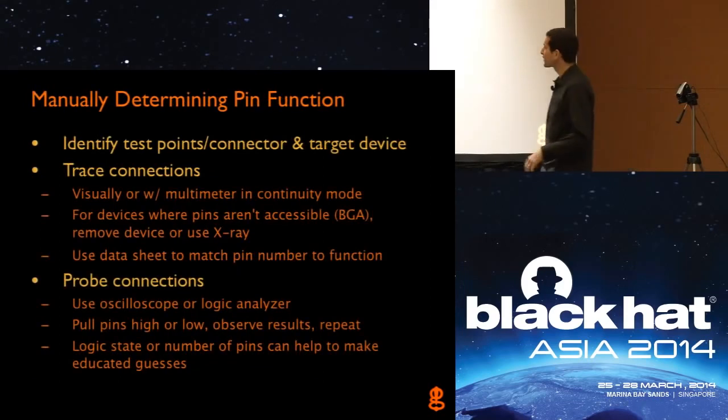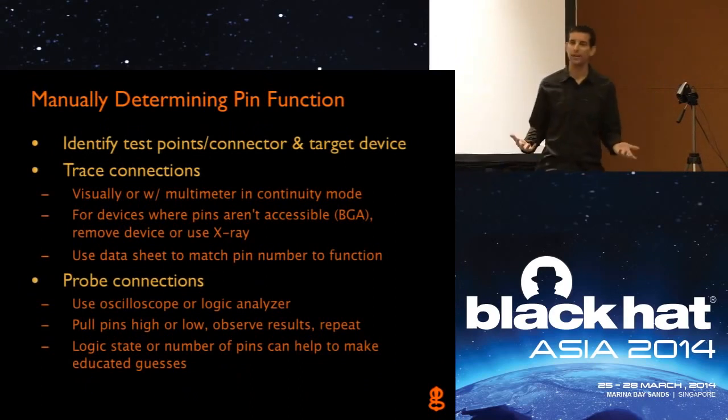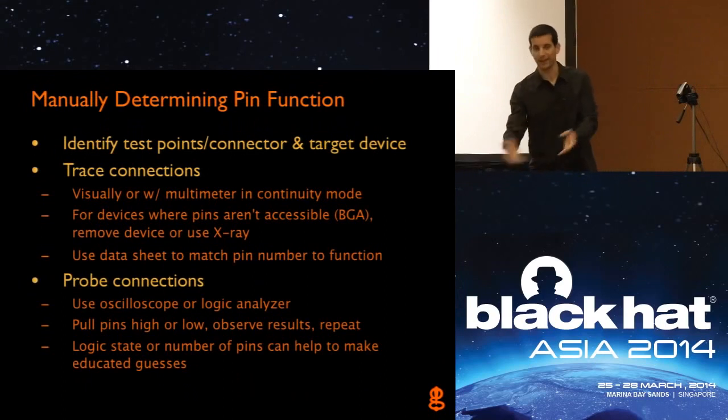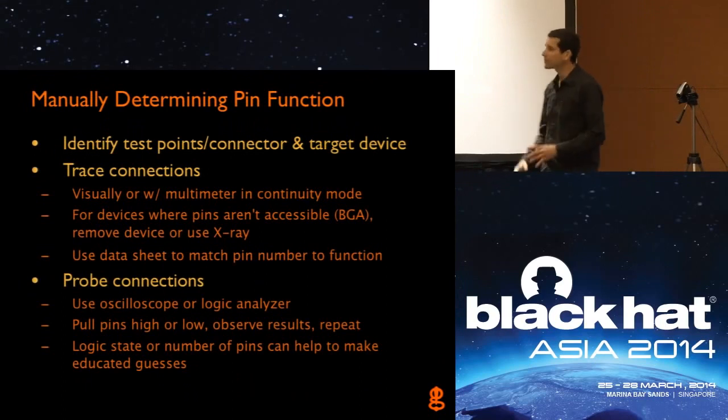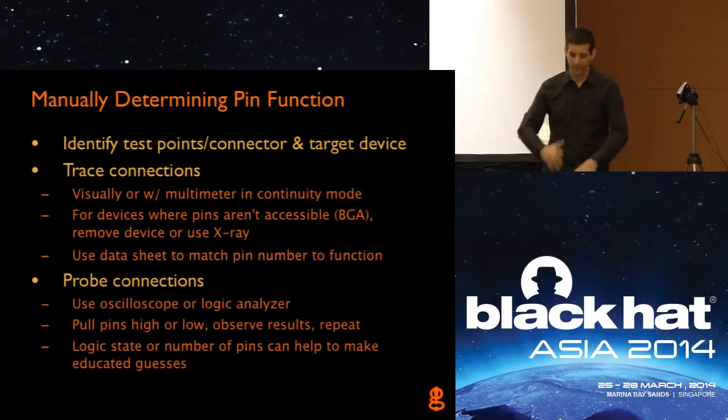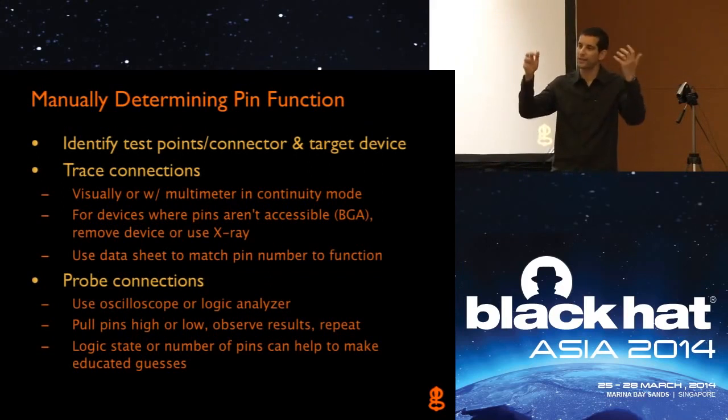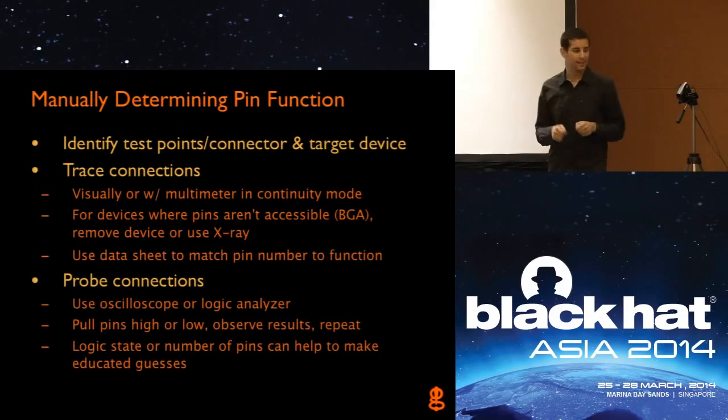So once you do find the interface, the traditional way to do things, manually determining pinouts, is you'd first look on the board, you'd find your connectors like we talked about. Then you try to trace out where they go. Now usually there'd be a main microcontroller on the board somewhere that's very obviously marked, or it's towards the center of the board. And usually for the connector, you'd want to see if it goes back to that part. So you could visually trace things, use a continuity tester or multimeter in continuity mode to check connections, and see if you can trace them back to the part, and then use a data sheet to correlate those